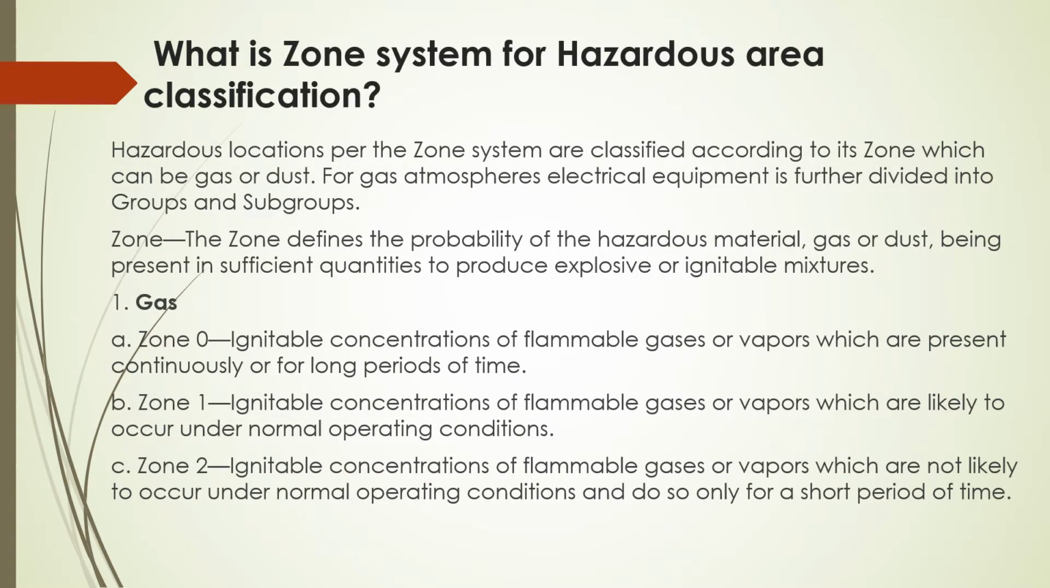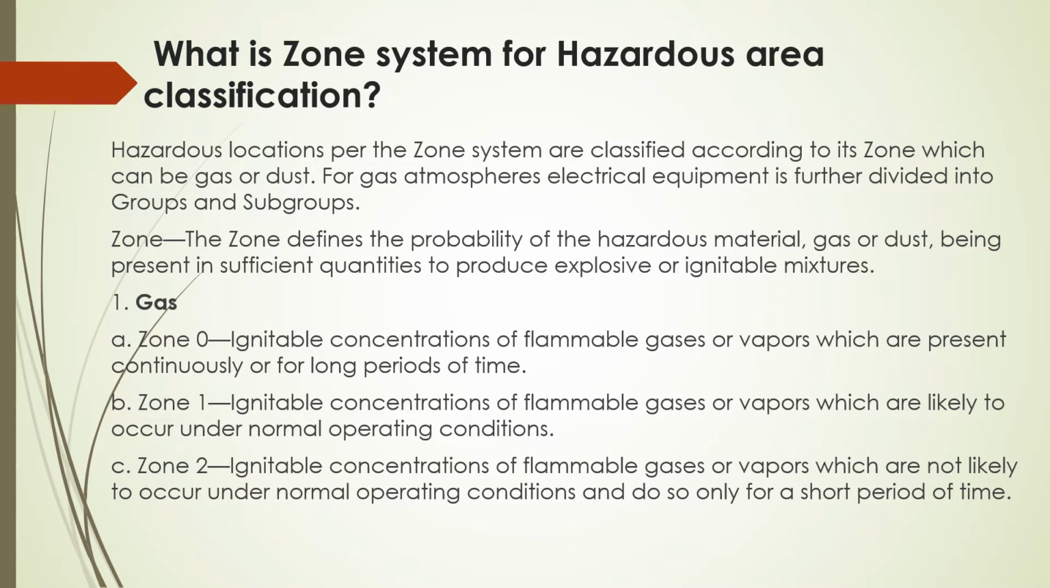What is zone system for hazardous area classification? Hazardous locations per the zone system are classified according to its zone, which can be gas or dust. For gas atmospheres, electrical equipment is further divided into groups and subgroups. Zone. The zone defines the probability of hazardous material, gas or dust being present in sufficient quantities to produce explosive